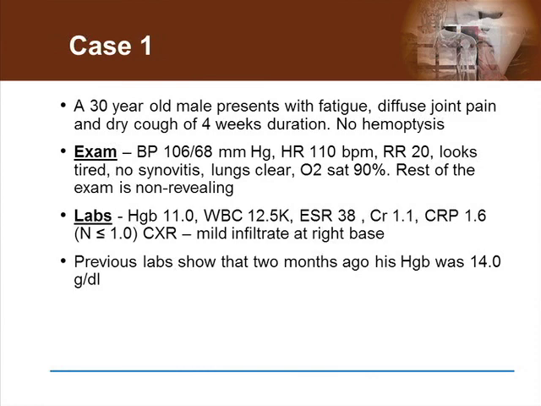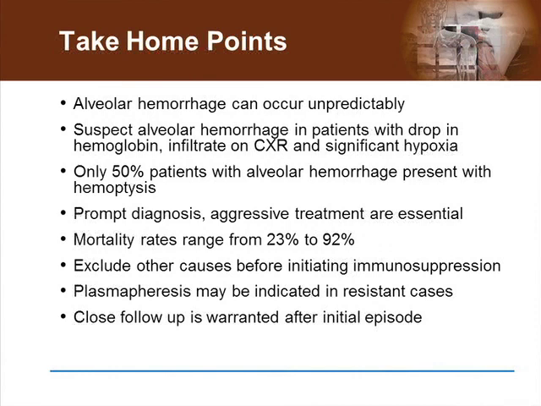So the correct answer here is C, admit and evaluate for concern of diffuse alveolar hemorrhage. In this young, previously healthy individual presenting with a drop in hemoglobin, slight hypoxia, and a new infiltrate on the chest X-ray should raise concern for alveolar hemorrhage. Alveolar hemorrhage can occur unpredictably. It should be suspected, especially in patients with this clinical triad of drop in hemoglobin, infiltrate on chest X-ray, and